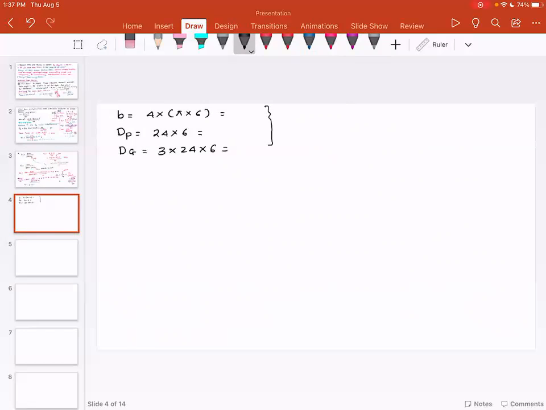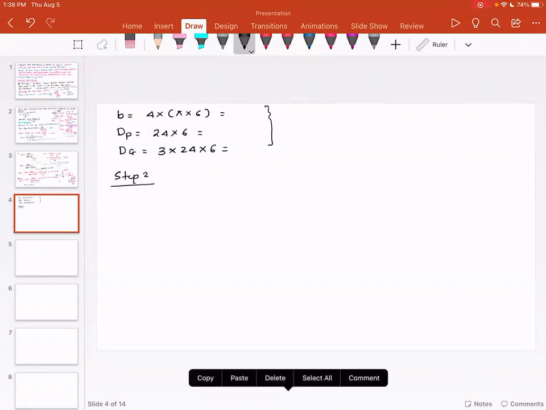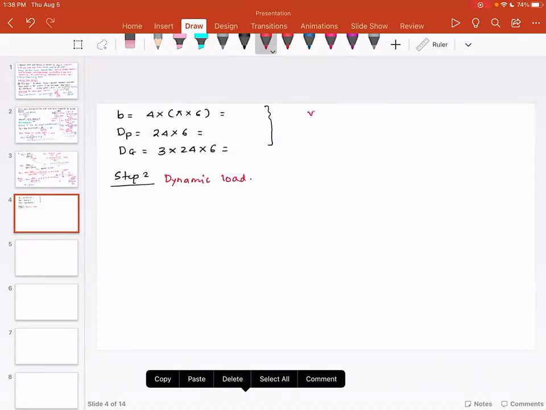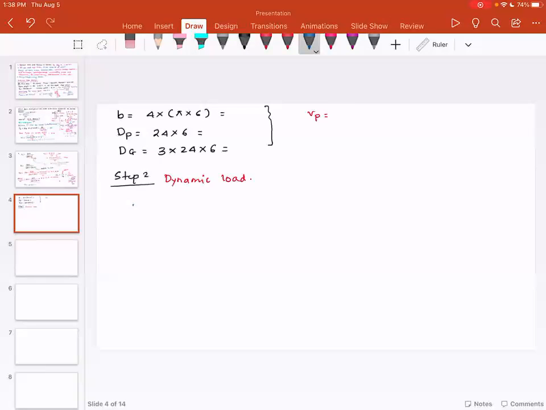One thing that you need to do after this step is look at the design and make sure that design is safe for dynamic loading. So step 2 is find out the value of dynamic load. And with that, you should be able to find out the value of VP. Dynamic load is WD